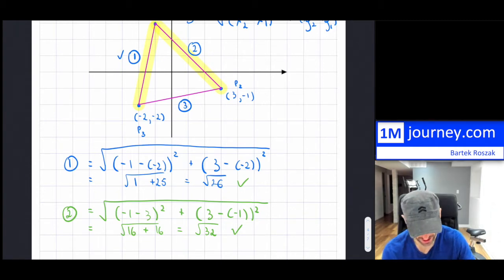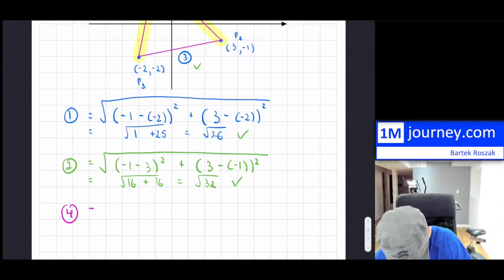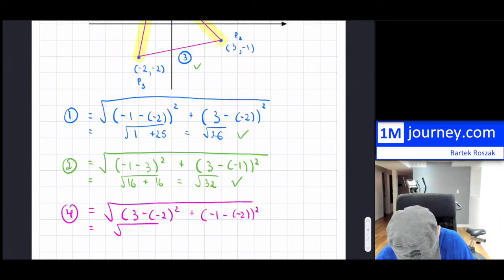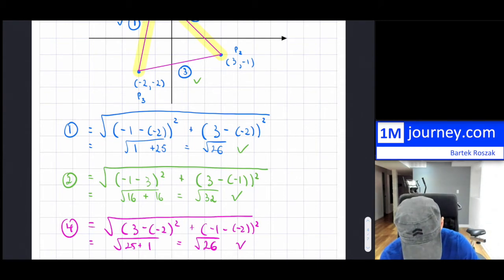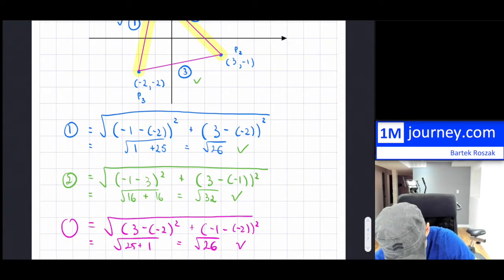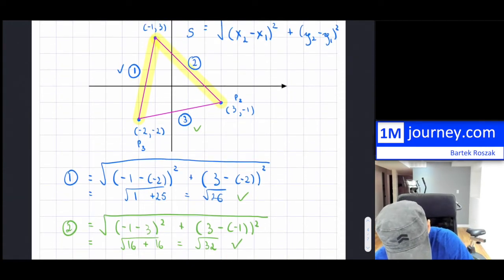Okay, so let's try the third one, again, in fast forward motion. And that's our third one. Now notice that in here, these two are identical. So the first one and the third one is identical. Put here 3. So we have two sides that are the same. So that means we have some kind of an isosceles triangle in here. So this one